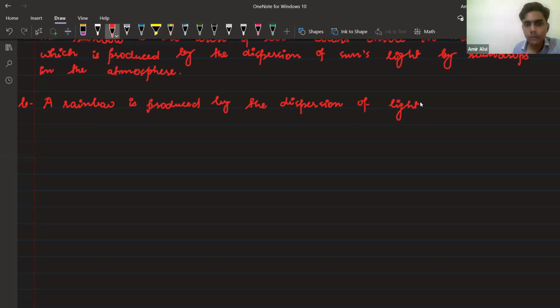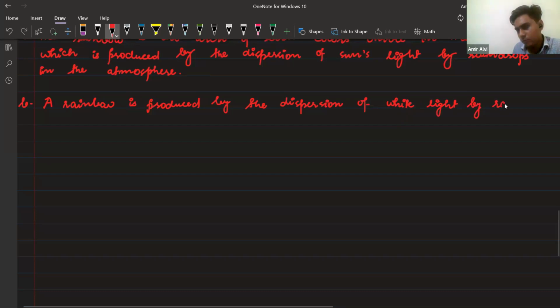Okay. Dispersion of white light by raindrops in the atmosphere